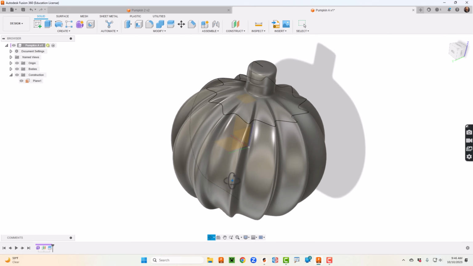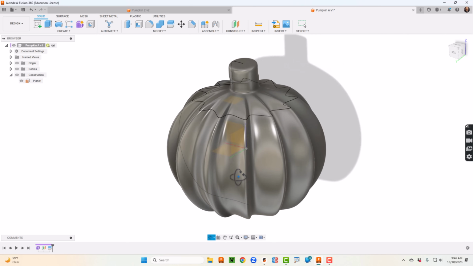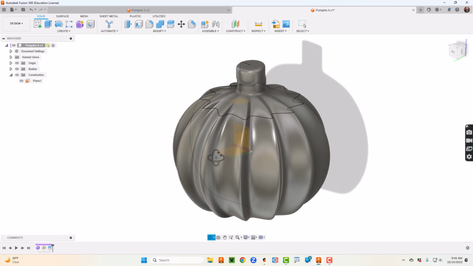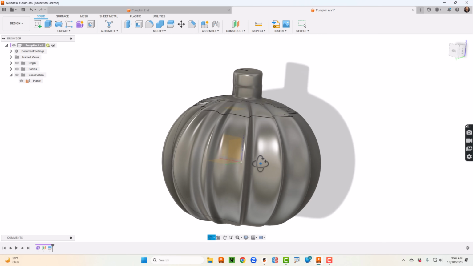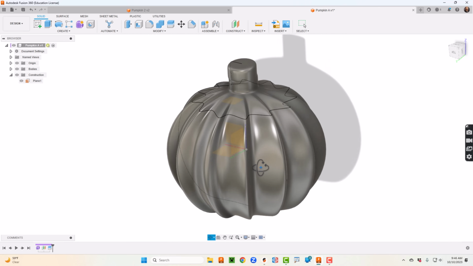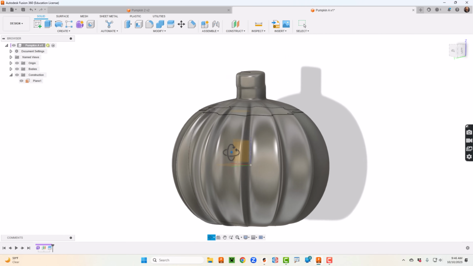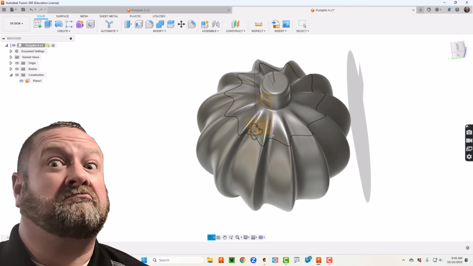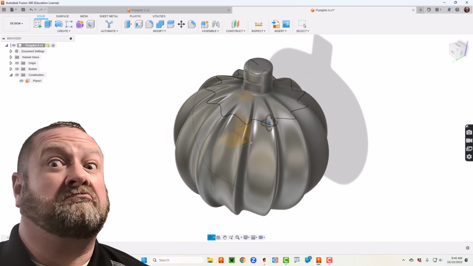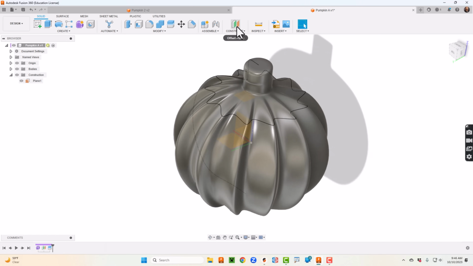Okay, so now we have two bodies. And we have a body, which is actually where the jack-o'-lantern is going to be. Then we have a top as well. Another thing I can do is I can create another plane and make this stem as a separate piece. But one thing I've found that I like a little bit better is I'll go ahead and I'll continue and